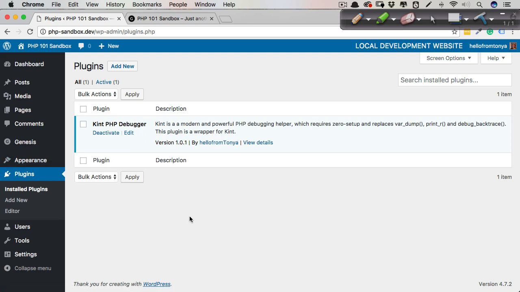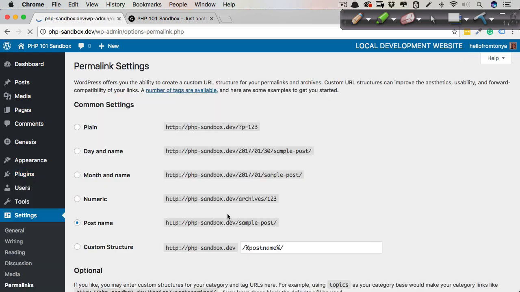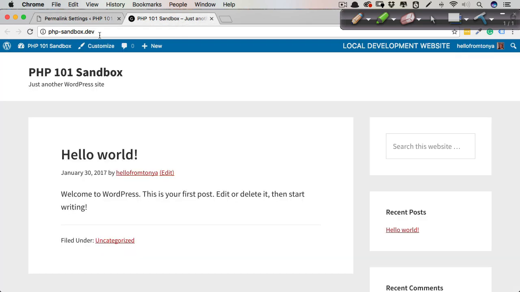So WordPress does other things with PHP. For example, the permalinks. When you make a web request, like this one right here, so that's just the root, WordPress knows from the permalinks and the rewrite rules, that's just a bunch of rules that it stores in the database, it knows how to go and load that. If I click here on this Hello World post, it knows that's a post and it knows how to go and grab it because of the rules by a certain pattern that gets established